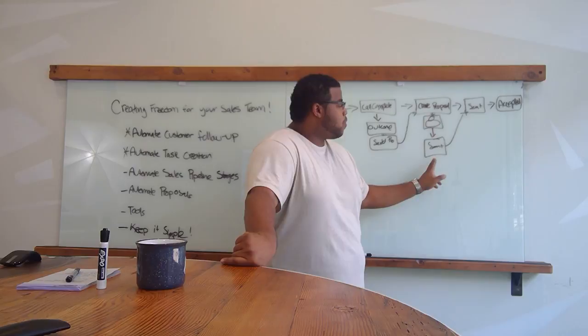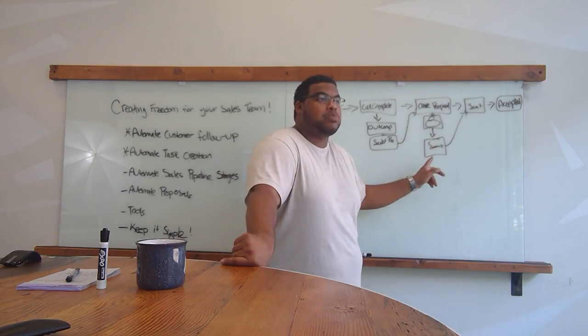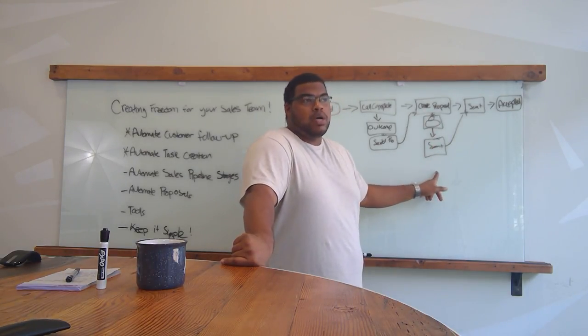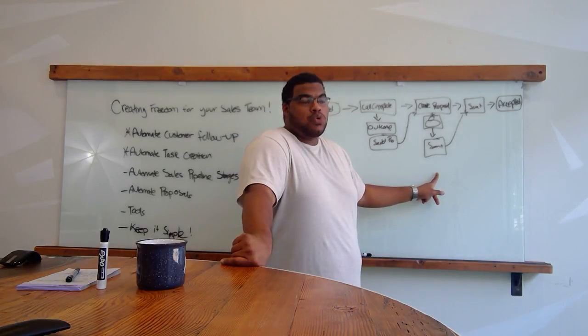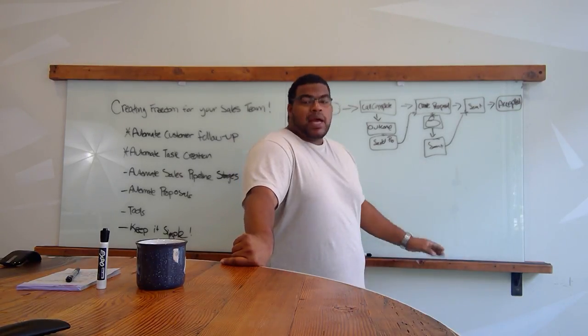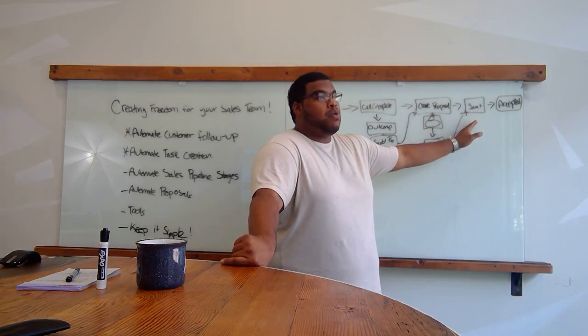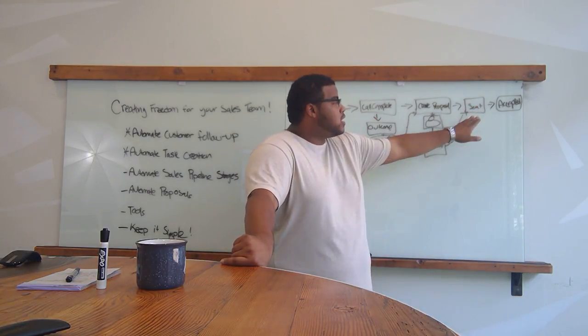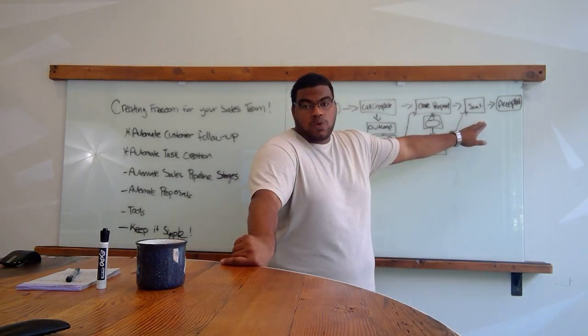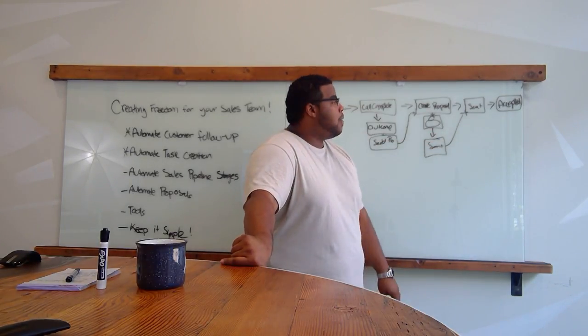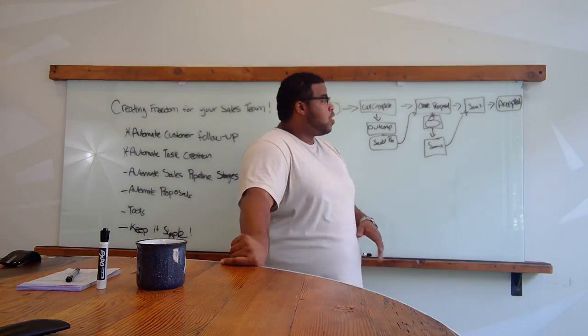So once a proposal is created, you can send an automated email out that says the proposal is ready, please schedule time on the calendar so we can go through the proposal. Automate that process. So once they pick the time, then boom. Maybe you want to move them to a stage that says proposal review scheduled, whatever it may be, right? So you want to move them to those stages.